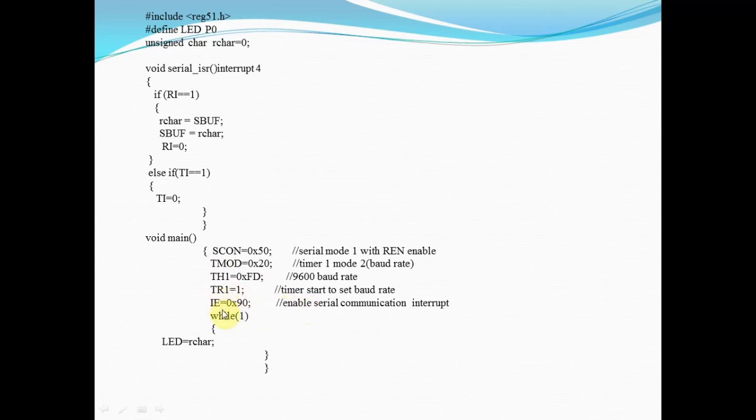Then IE is equal to 0x90. This is for enabling the serial communication interrupt. I have shown you that IE register format, and why the value comes out to be 0x90, we have already seen. Now here in this program, if you can see, in the main program, in the while(1) loop, the infinite loop,